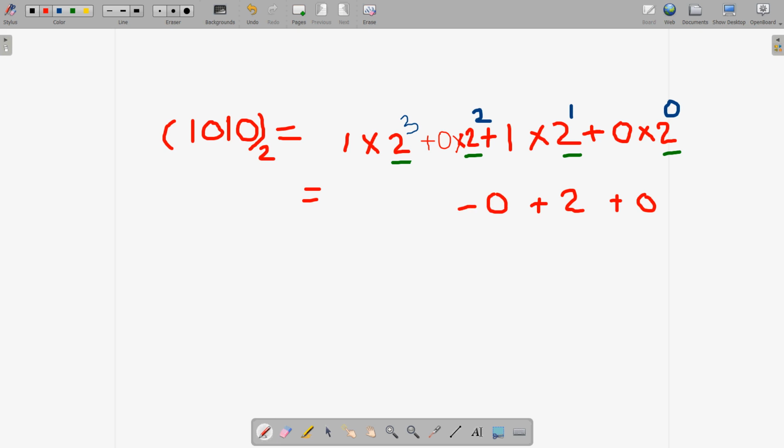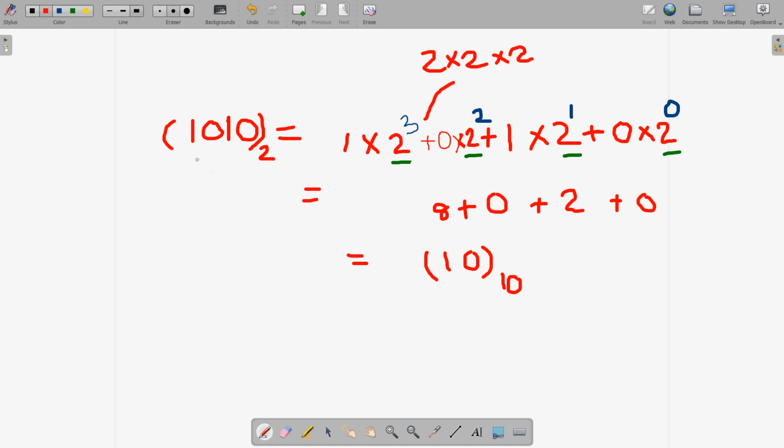And now the leftmost, that is 2 raised to the power 3. So 2 raised to the power 3 means 2 into 2 into 2. So what will it be? 2 into 2 is 4, 4 into 2 is 8. So here 2 to the power 3 is 8. Clear? And as this 8 is multiplied by 1 also, so it is 8 only. So 8 plus 0 plus 2 plus 0, so the number will become 8 plus 2, 10. But this 10 is what? This 10 is the decimal form of this binary. So as it is decimal, we are writing 10 at the bottom also. Clear? I hope this is clear.